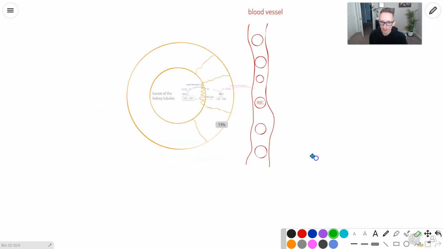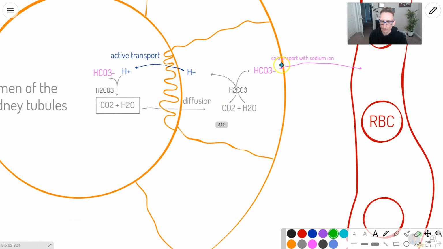Because we're constantly saving this molecule and putting it back into the blood. Okay? During the blood filtrate, it's going to go into the tubule, it's going to absorb a hydrogen ion, and be converted